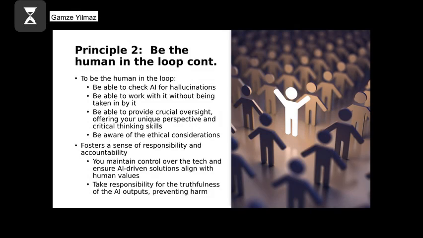Mollick also describes specific steps we can take to be the human in the loop, or what it looks like in real life, right? For example, to be the human in the loop, we should be able to check AI for hallucinations. We should know how to cross check or verify the sources of information. Generally, when you prompt AI or LLMs like ChatGPT or Claude and ask a question or give it a task, it doesn't really provide a resource for you, right?